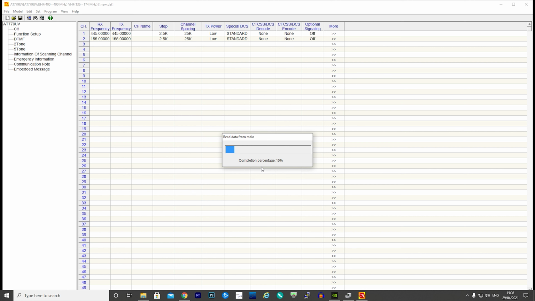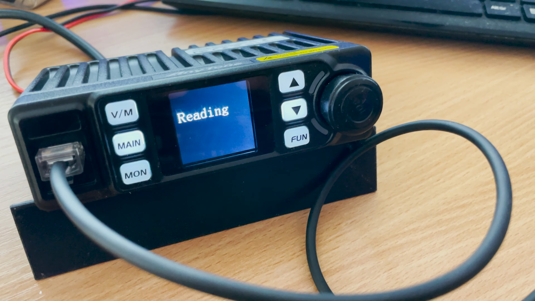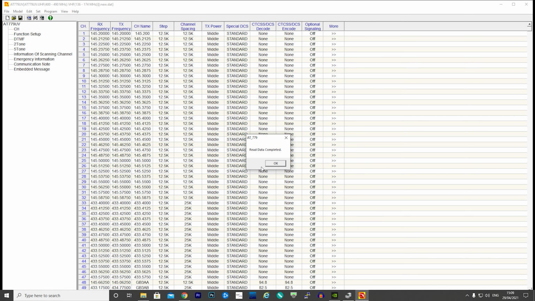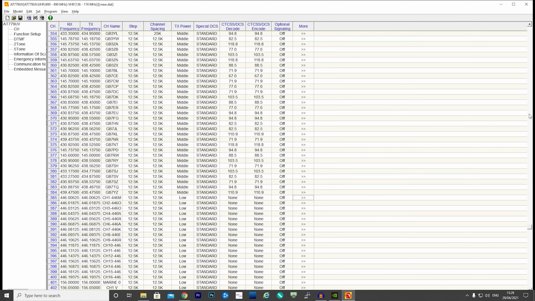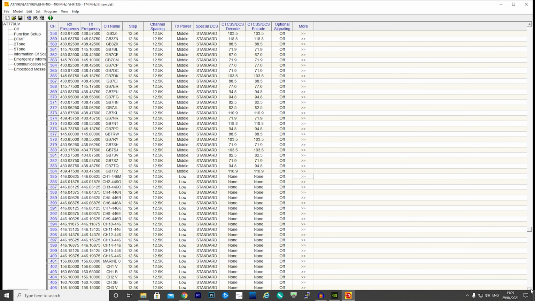You'll now get a progress bar which appears on the computer screen, and on the radio the screen will say reading. Now once complete, the 779UV software will be populated with all of the currently stored memories from your radio. Now that we have all the memories on the computer, let's take a look at how we edit a memory